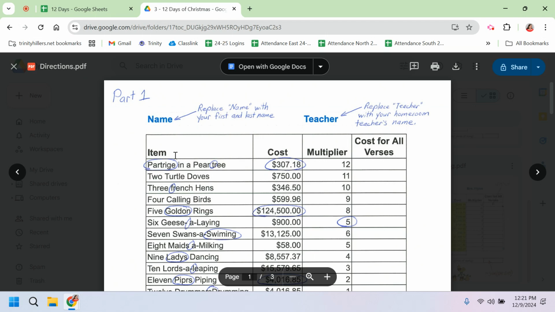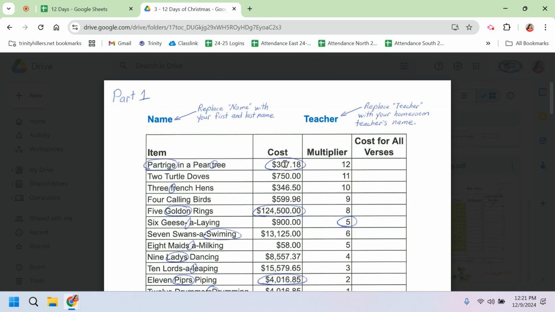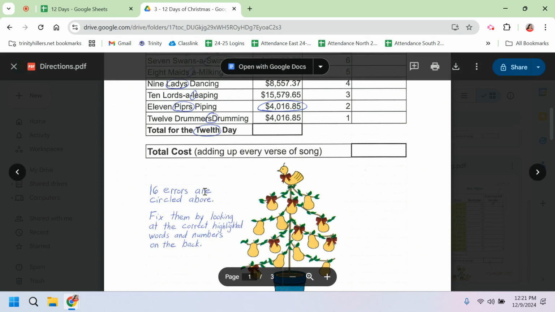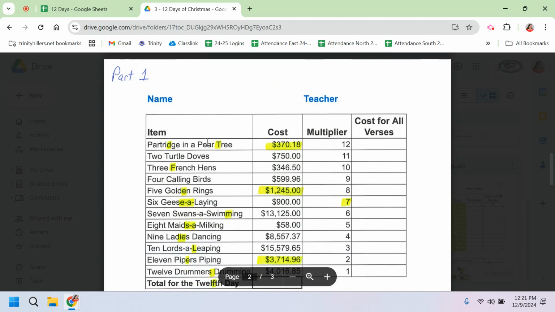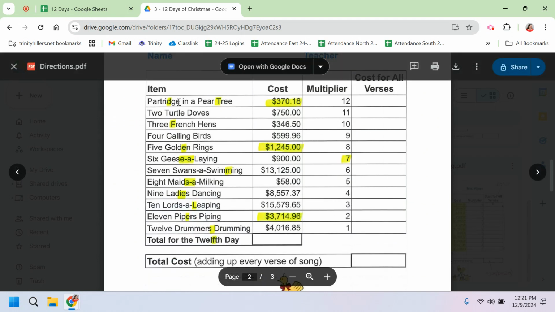The next part of the directions has all the things that are mistakes circled, and it says that there are 16 of those errors or mistakes. You're going to fix them by looking at the correct ones on the back of your paper. So in the first one, partridge in a pear tree, I am missing the D and the T should be